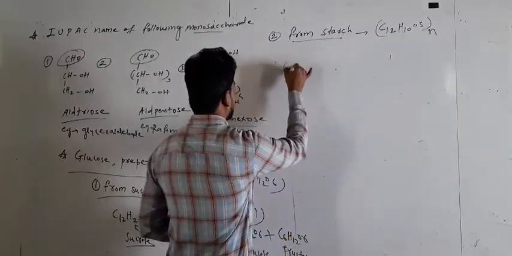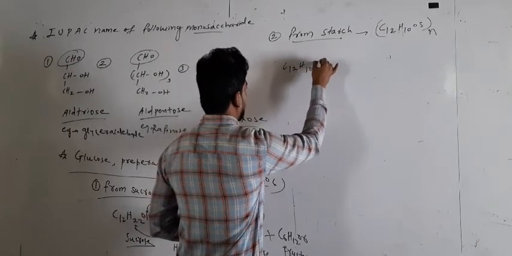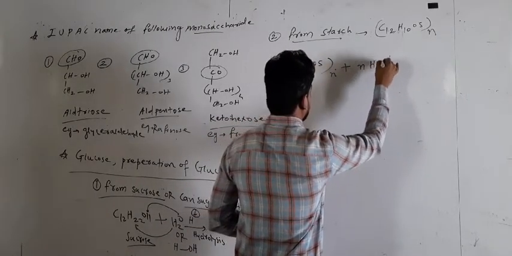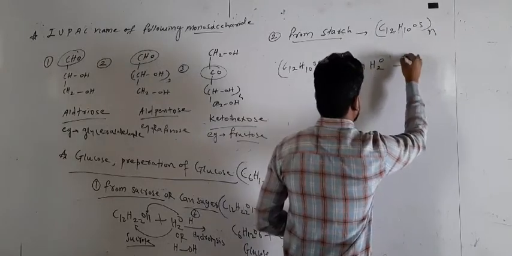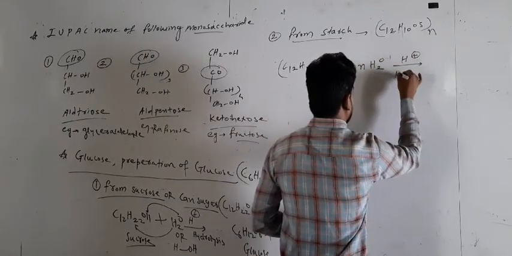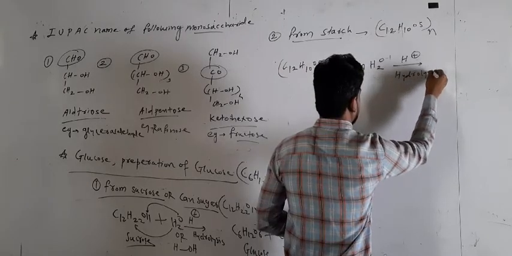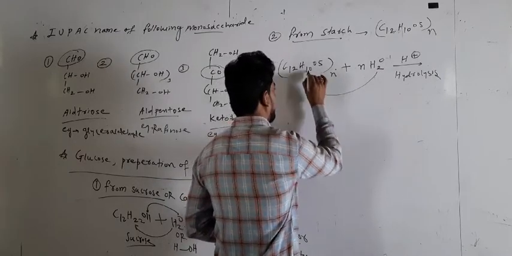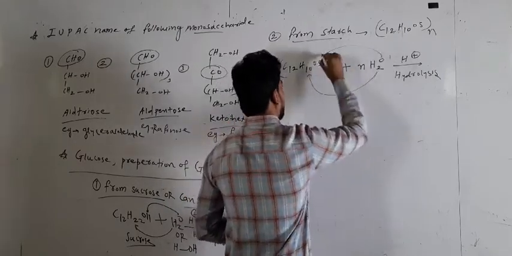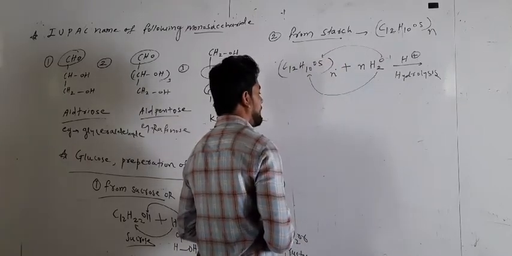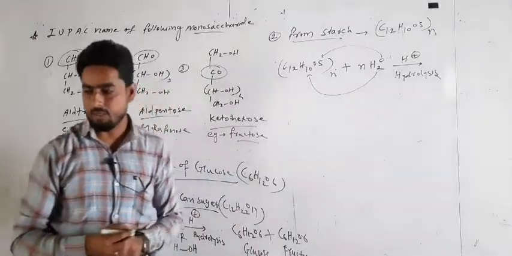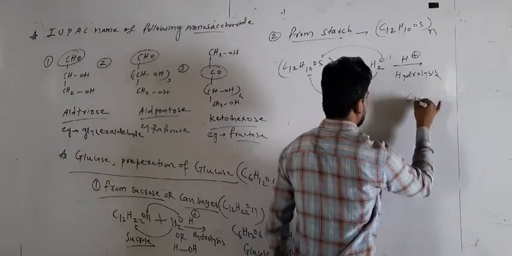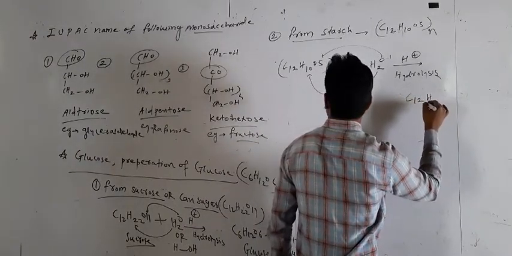So when I write the starch formula C12H10O5 by n, on hydrolysis in presence of n molecules, meaning the number of water molecules, this also takes place in presence of acidic hydrolysis. What's here? Acidic. It forms what? First same here. These two hydrogens are added to this hydrogen, 10 plus 2 is 12, and one oxygen is added to what here? The oxygen. So what we get? It forms the glucose molecule here. What we get here? So it forms what? Glucose only molecule here. So what we get here? C12H12. Clear?